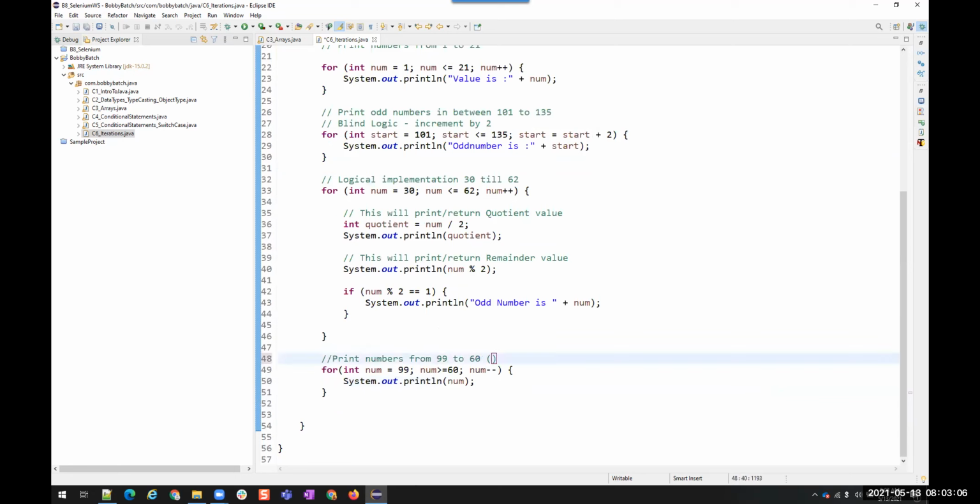Can I use a descending order keyword here instead of writing the for loop? There is no descending order. See, in SQL you have a table, so you can print in descending order. But where do we have it here? Did we store the numbers from 99 to 60 anywhere? No, right?